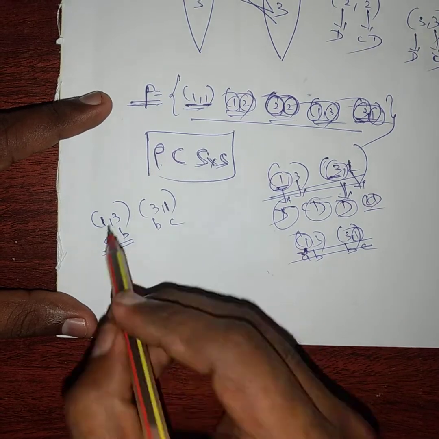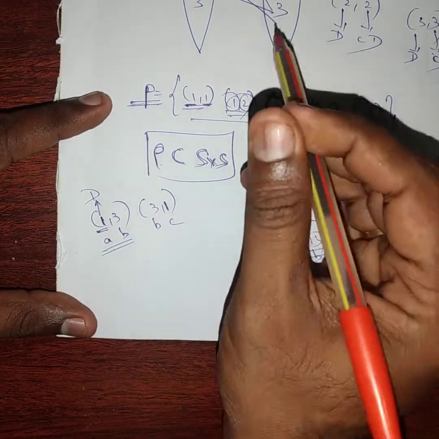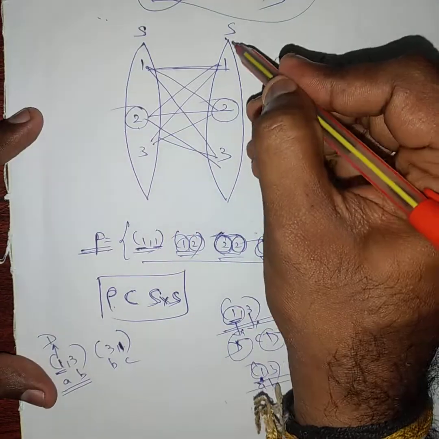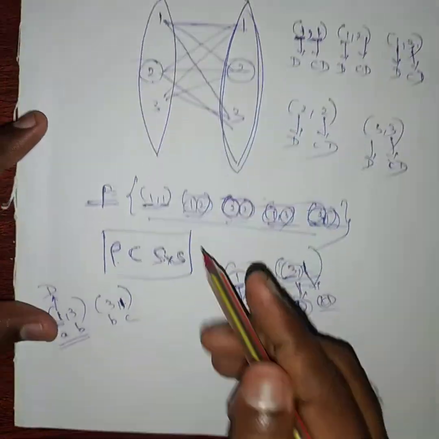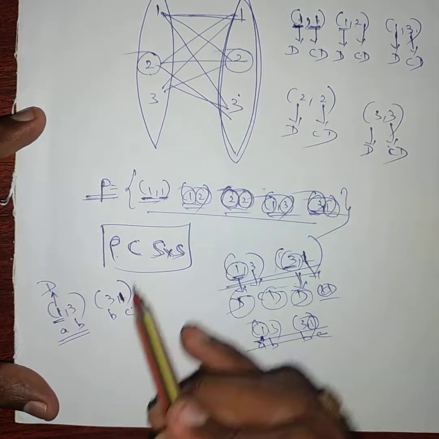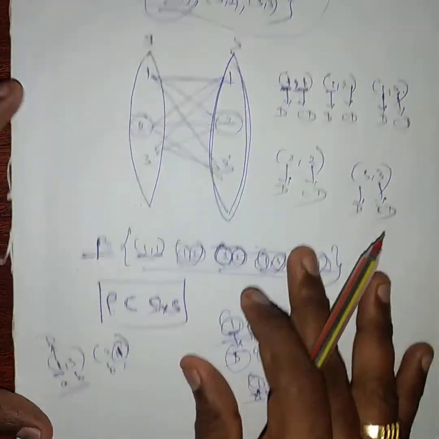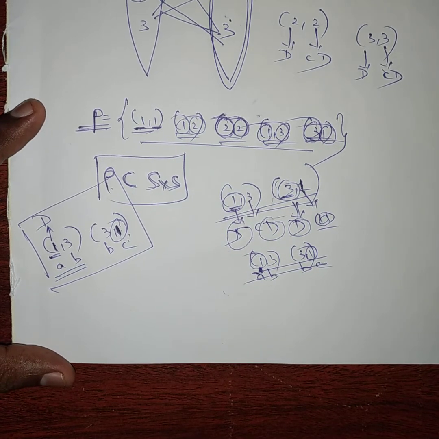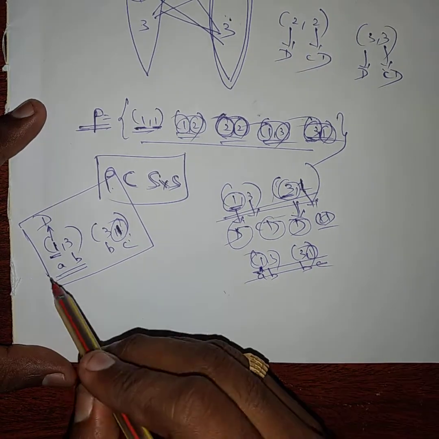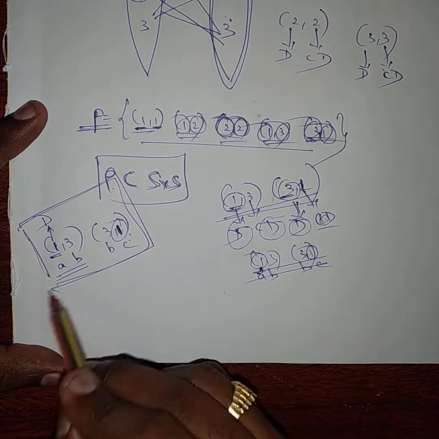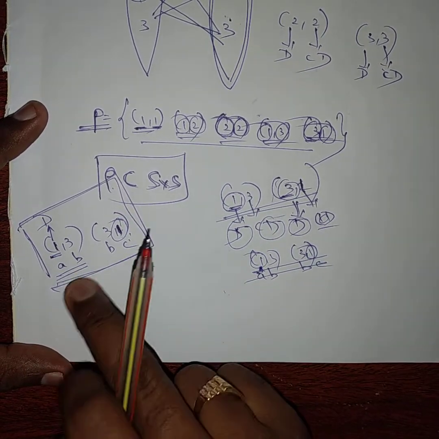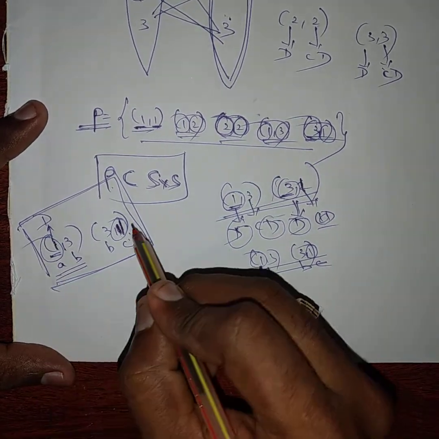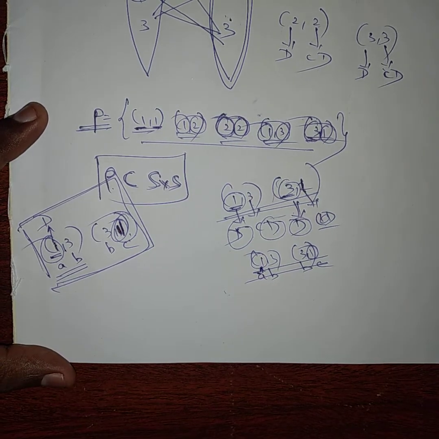Why is it no problem? Because this one is domain value, and this one is codomain value, because this one is nothing but the codomain value. So no problem, we can choose such types of terms hereafter. Listen students, what I am telling you: hereafter you can choose this type of terms also in transitive, 1 comma 3, 3 comma 1. Even though A and C are same, we can choose because A is domain, C is codomain value. So hereafter you can choose.